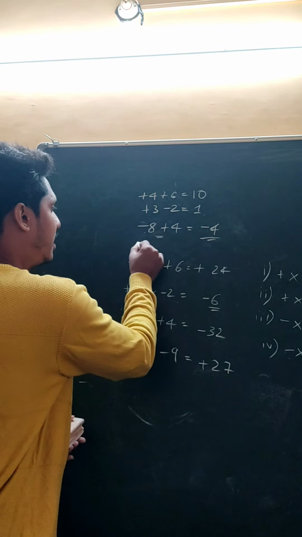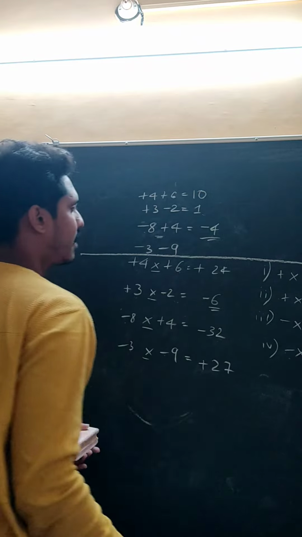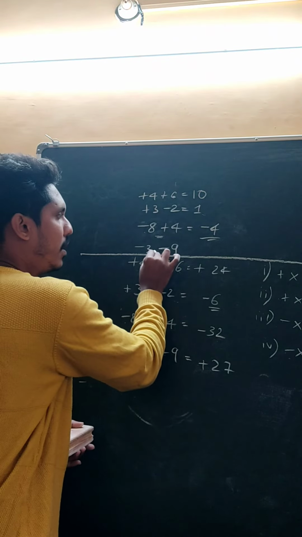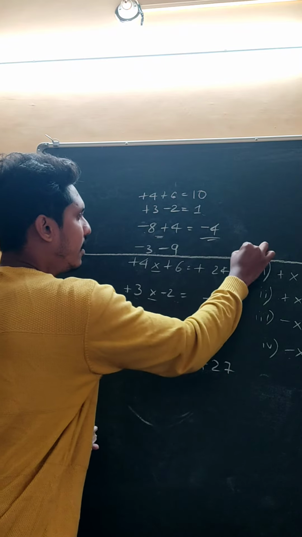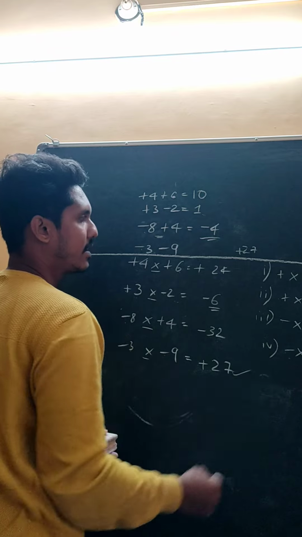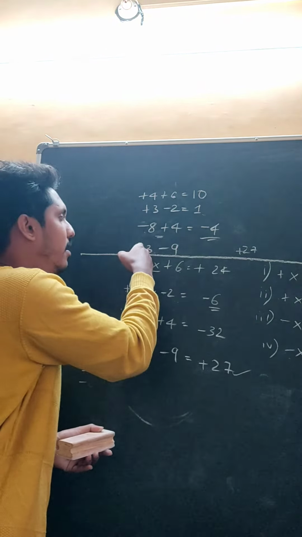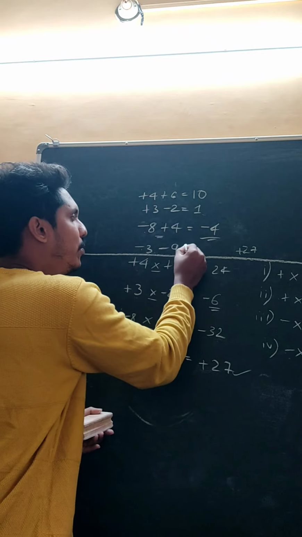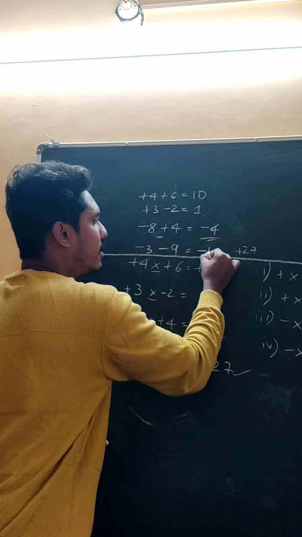Okay, last one, minus 3 minus 9. What is minus 3 and minus 9? See, there is no multiplication symbol here, right? What will people do? 9 3s are 27. Minus into minus is plus. They keep it as plus 27 as the answer. But there is no multiplication symbol here. At that time what to do? What is the proper answer? The answer will be minus 12.